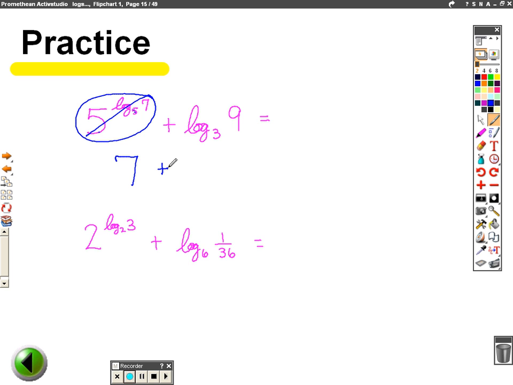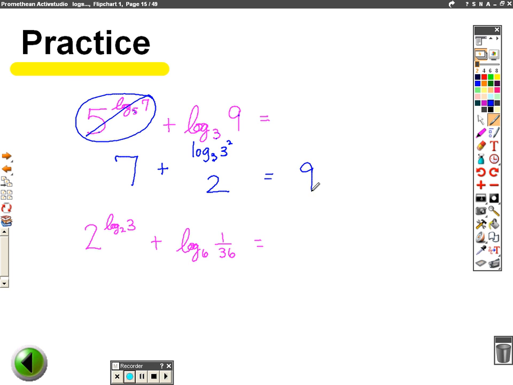And then here I have log base 3 of 9, so I could change that. I could say, okay, well, 3 to what power gives me 9? Well, I know 3 squared gives me 9, but another way of looking at it is log base 3, and I can rewrite 9 as 3 squared. So now I have log base 3 of 3 to the second power. So this would evaluate and just be 2. So two different ways of looking at it: using the one-to-one property, or just asking yourself what exponent can raise me from 3 to 9. 7 plus 2